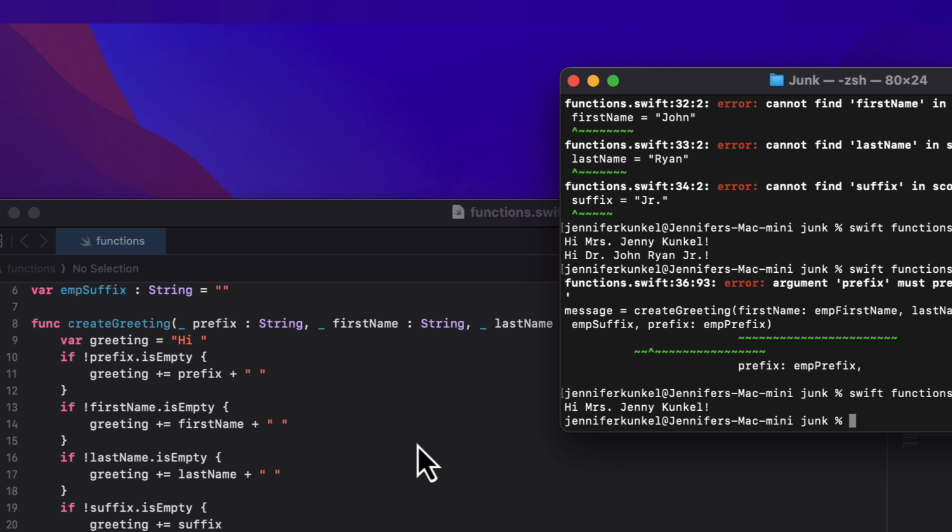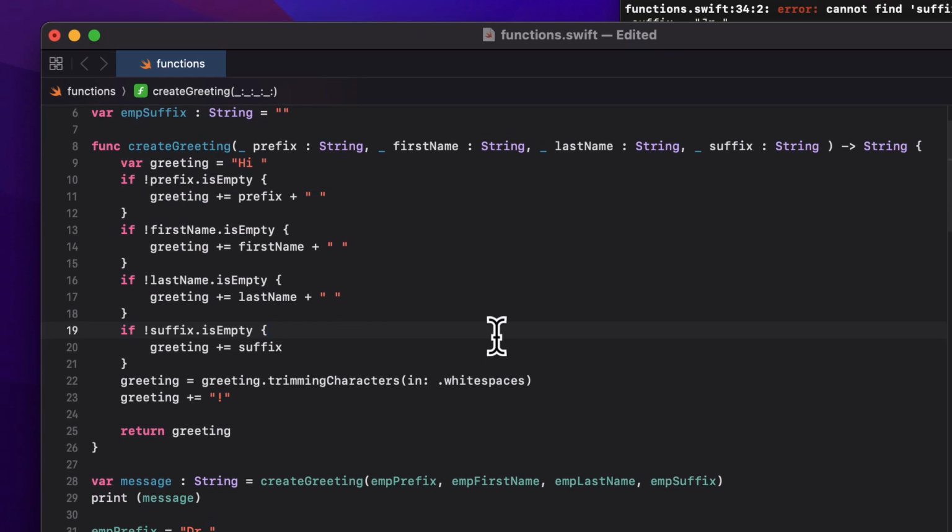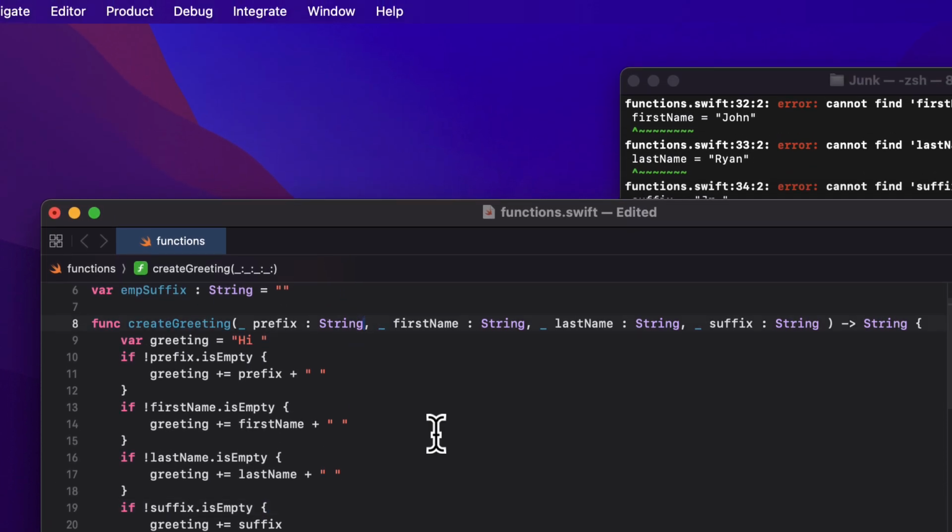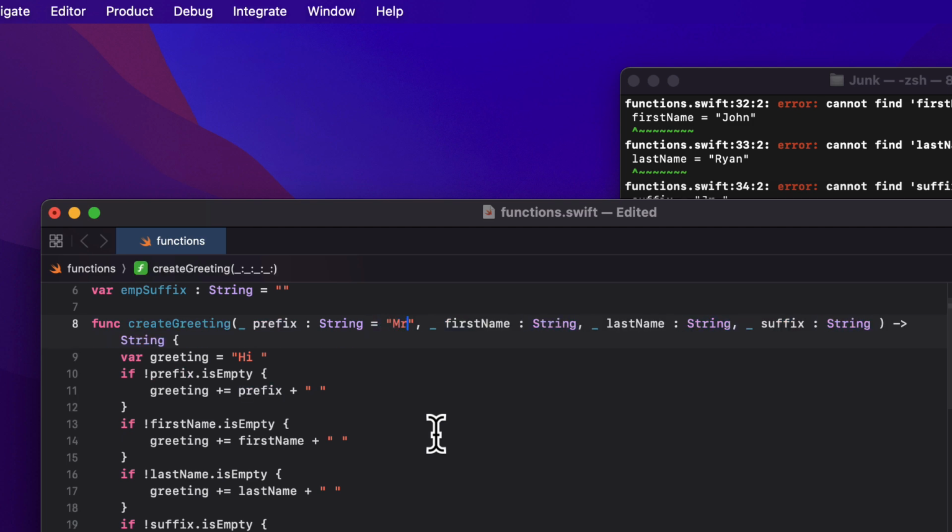But what happens if we decide that in some cases I want to set up some default? Maybe 80% of the company are male, and we want to do some type of form letter where we're sending out this greeting. By default, I want to set a default of Mr., and only when it's not a male do I want to send in something alternative. In this case, we're going to set this equal to "Mr." Okay, so that would be our prefix that we're defaulting to Mr., which means that we could actually eliminate the emp prefix from being passed in